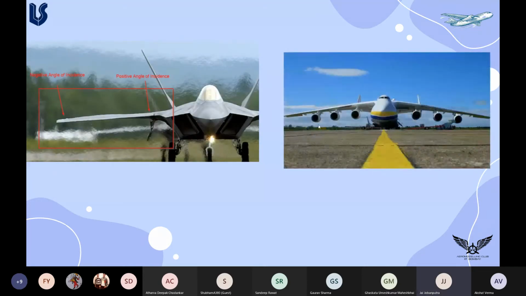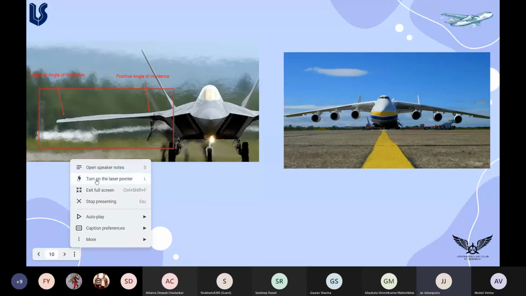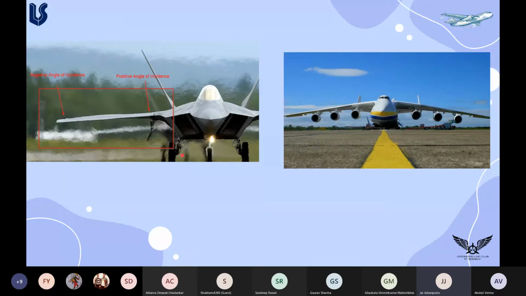As I told you, this is the F-22 Raptor, a twisted plane. The wing is clearly twisted. It's a geometric twist. Now, you can ask why you need a geometric twist. From the plane, you can easily analyze the mission parameters. You can guess that this plane is for high maneuverability, because if it is in a high angle of attack situation, it can still maneuver. So by seeing the wing of the plane, you can guess its mission parameters.